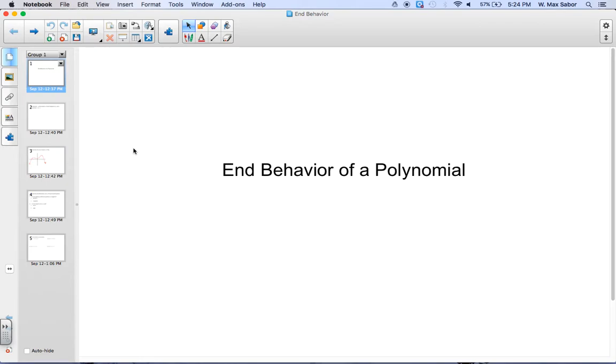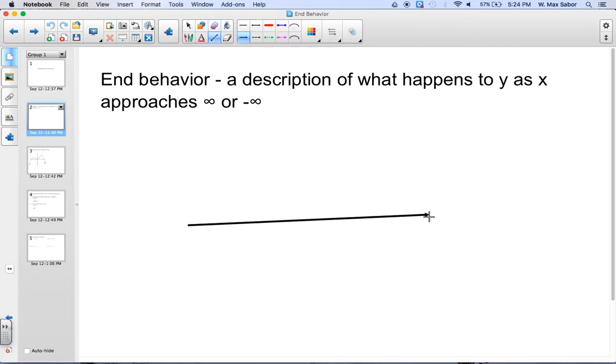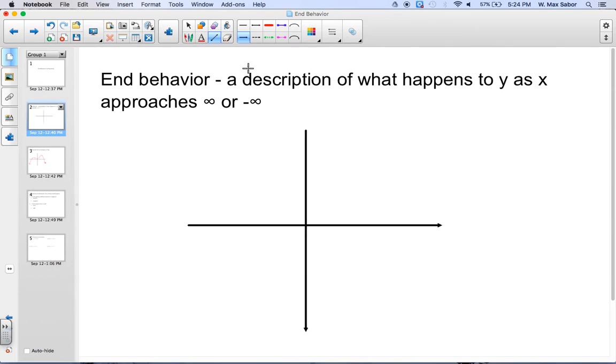Today we're going to talk about the end behavior of a polynomial. So let's start with the definition. What is end behavior? The end behavior is a description of what happens to y as x approaches infinity or negative infinity. So if we have